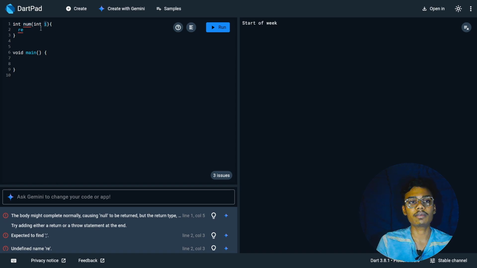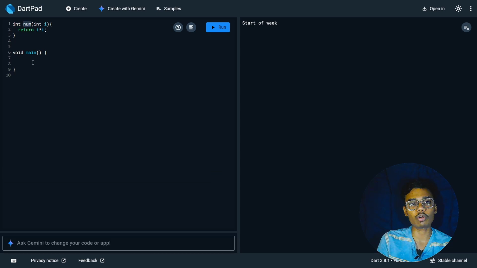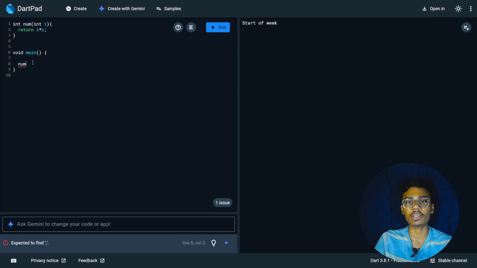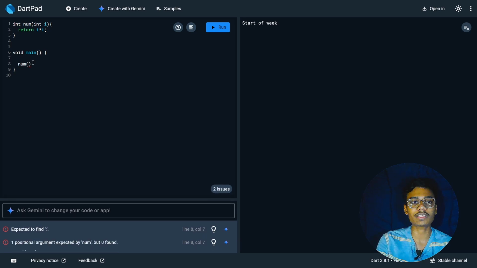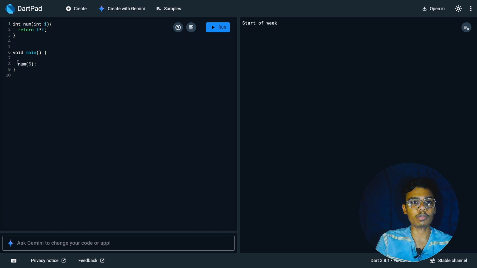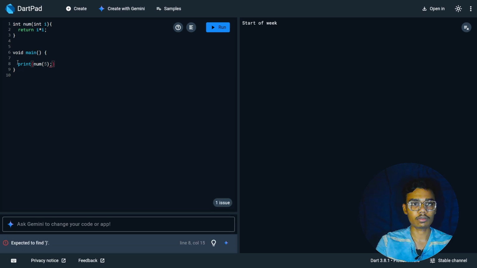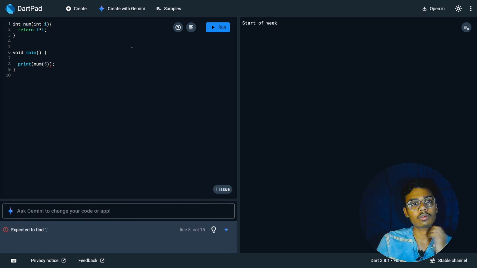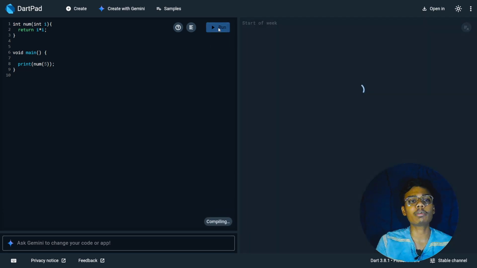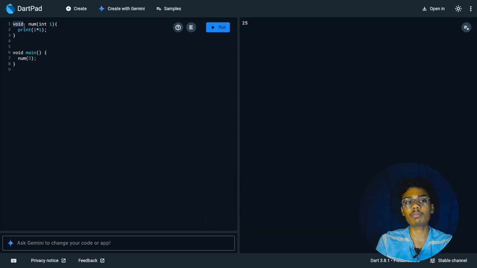सो अभी हमने नम नाम का एक फंक्शन बनाया जिसके अंदर हम लोग ने वैल्यू आर्ग्यूमेंट पास किया है, आई पैरामीटर। सो हम लोग रिटर्न कर रहे हैं, हम लोग इस आई का स्क्वायर रिटर्न करेंगे। सो आई यहाँ पर कॉल करेंगे मेन फंक्शन के अंदर, कोई भी फंक्शन जो है वो मेन फंक्शन के अंदर कॉल करेंगे। लाइक एक फंक्शन को दूसरे फंक्शन के अंदर भी कॉल कर सकते हैं, बट हमारे पास यहाँ पर एक ही फंक्शन है तो हम उसको खाली डेमोन्स्ट्रेट करने के लिए यहाँ पर कॉल करेंगे। हम लोग पास करेंगे जैसे आई की वैल्यू 5, और अगर इसको मैं प्रिंट करूँ, इसको प्रिंट स्टेटमेंट में पास कर देता हूँ, प्रिंट फंक्शन में। सो अगर इसको हम लोग रन करें तो हमें 25 मिलेगा।